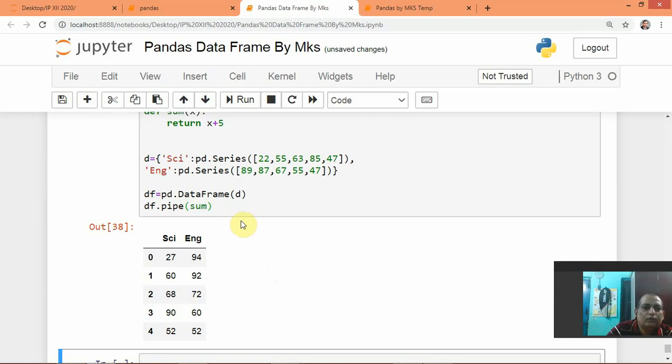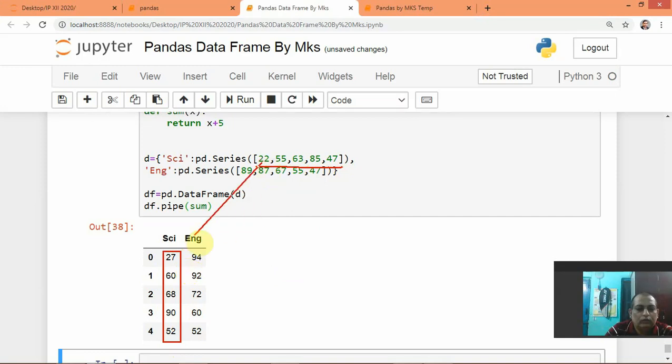It was 25, 55, 22, 55, 63, 85, 47. Now it has become like this: 22 plus 5, 27.